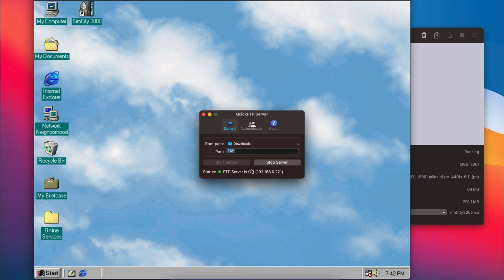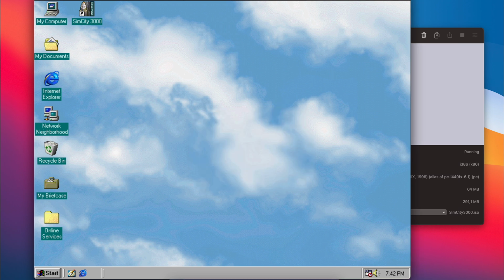As you can see, this also displays the IP address of your macOS device. This is the IP 192.168.0.221 in my case. We will need to connect to this IP from our Windows 98 VM to access the files offered over the FTP server. Now back to the VM. As we installed the drivers for the network card and UTM is configured to have that card in a shared network with our macOS device, we should be able to reach the IP where the FTP server is now listening on. We can use the built-in FTP client in Internet Explorer to access the server.